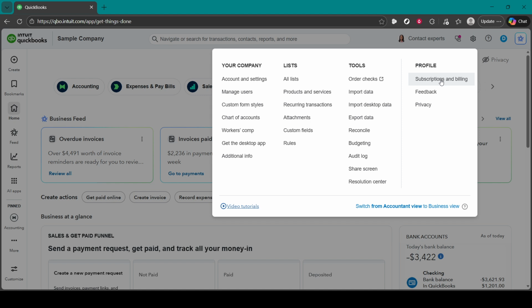Once you've confirmed the cancellation, keep an eye out for an on-screen confirmation and, in many cases, an email acknowledging the change. It's a good practice to note your final access date so you know exactly when your subscription benefits will end. That's it. You've navigated to QuickBooks Online, opened the Settings menu, gone into Subscriptions and Billing, and selected